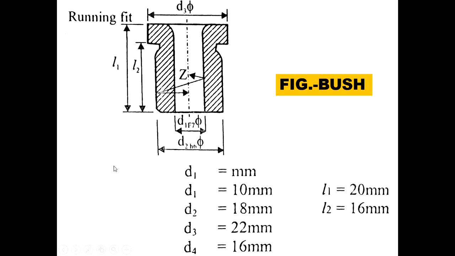Then the next one is the bush. Okay, you have to select the bush accordingly. Whatever is the size of the drill or the diameter of the hole you have to drill, based on that you have to select the bush also. Now the bush should be selected as far as possible from the standard table, because these bushes are directly available from the market. Okay, so a standard table will be provided for you, and then from the standard table one can select the bush for drilling the holes. So the bush is serving as a guiding member also for the cutting tool. So this is the bush which has been selected for our case for manufacturing based on the required diameter.